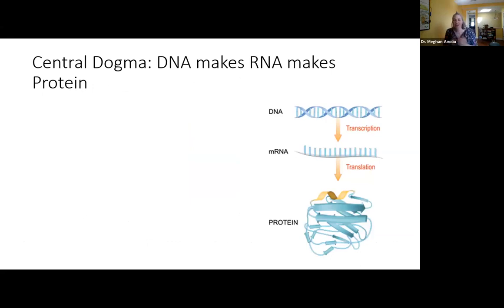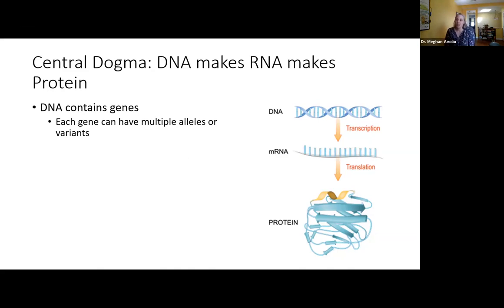So now I want to harp back to intro bio and really think about, why do we even care about genetic diversity? What is it, and what does DNA give rise to? The central dogma in biology is that DNA makes RNA, makes proteins. And if this is all familiar to you, my apologies. I'm just going to try and make sure we're all on the same page. And if this is less familiar to you, I hope I can inspire you with the amazing beauty of the natural world and how all this works.